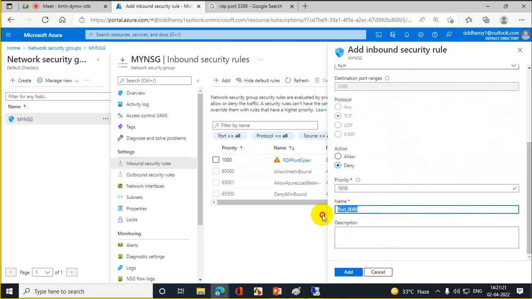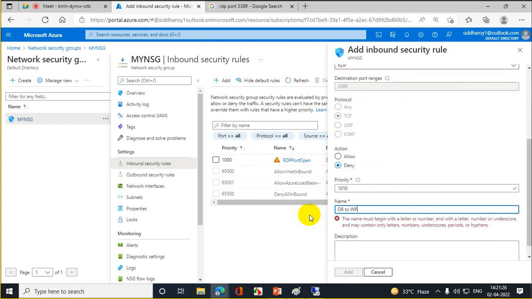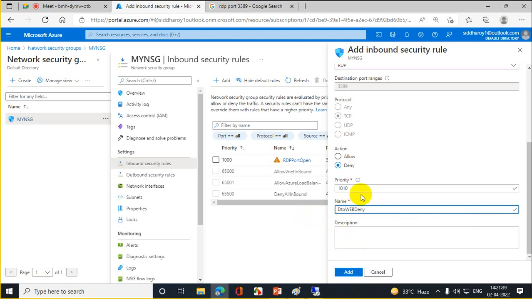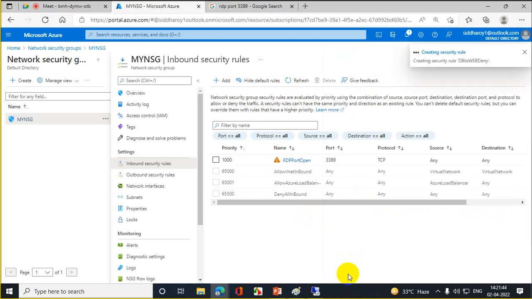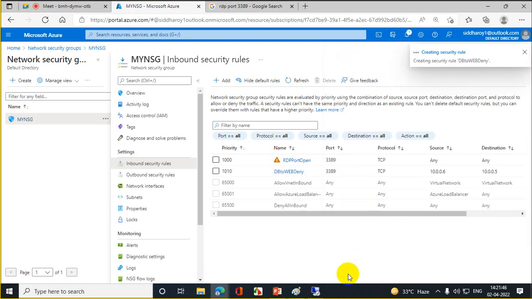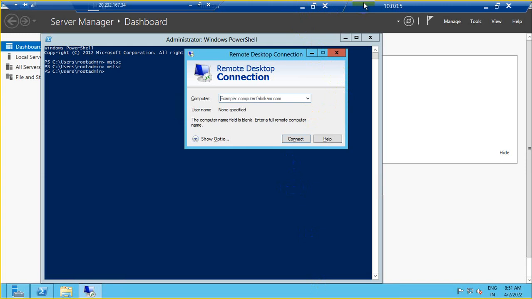And I'll make the name DB2 web. DB2 web deny. Clear? That is my rule name. Click on add. Perfect. Right. Now what I need to do in web servers,